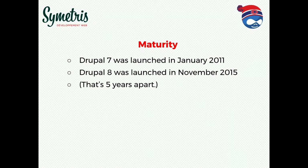We actually had a potential client or contact this week asking us, I'd like to add a star rating on my website for my products. Can I use this module? And then we explore it. Two of the most used modules to add star ratings in Drupal 7 are not yet fully ready in Drupal 8. These are the types of things that you're going to encounter if you're moving into Drupal 8,